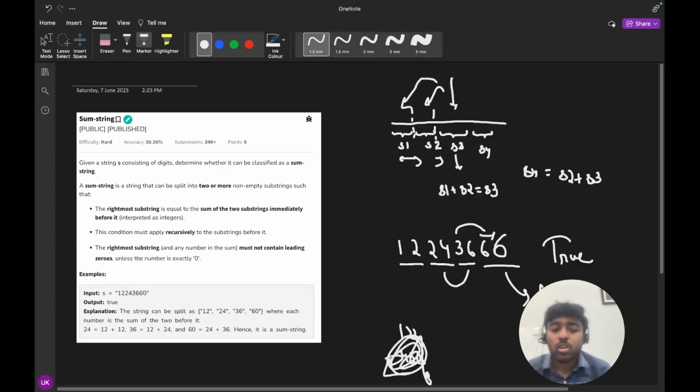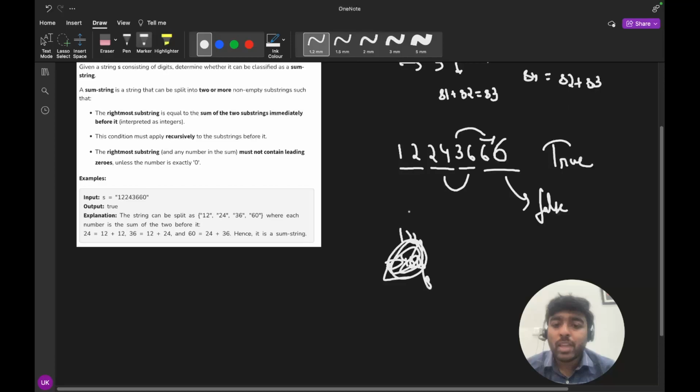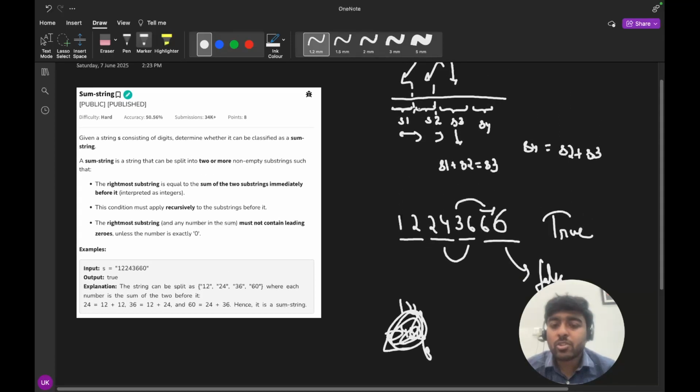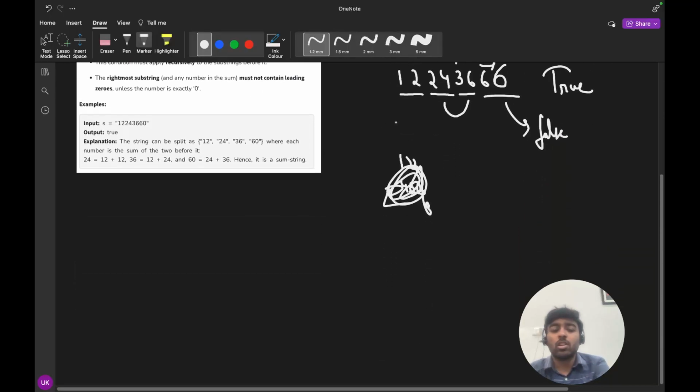Okay, so how can we do it? We have to first choose two strings s1 and s2, and after adding, we will check the length of this s3 string, and if we get this s3 string, then we will see for s4. And suppose after adding s1 and s2 we are not getting s3, then we will change the length of s1 or s2 like this. So what we will do,